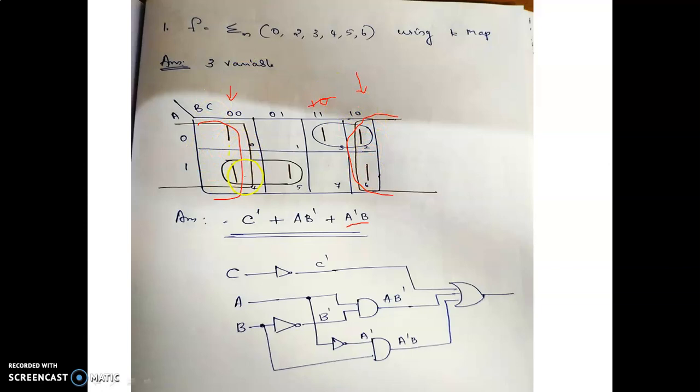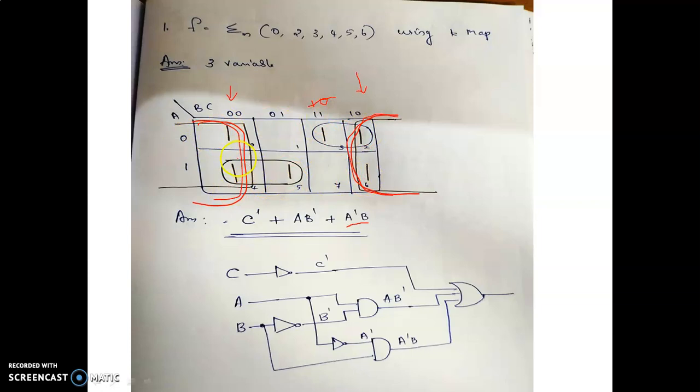So you can group this one and this one as a quad. Okay, so group it as a quad. You are grouping this one as well as these two ones, and you are grouping as a quad. What is the representation for this quad? The value of A is changing for these four ones. A is 0 for these two ones. A is 1 for these two ones.